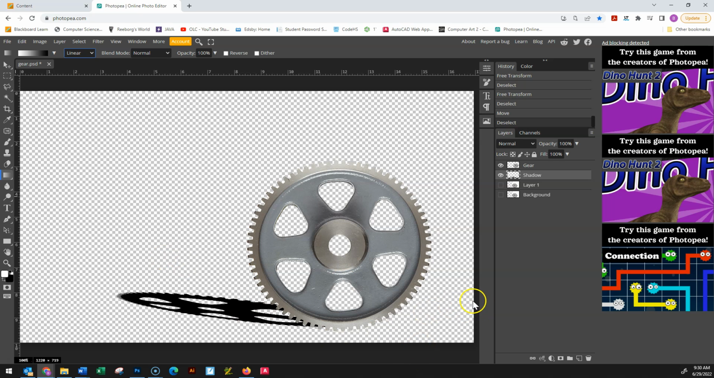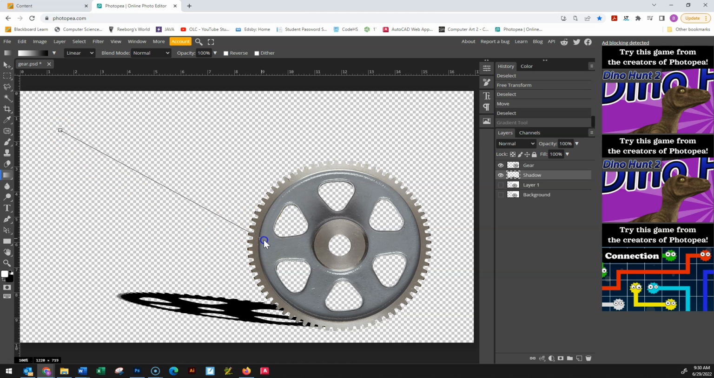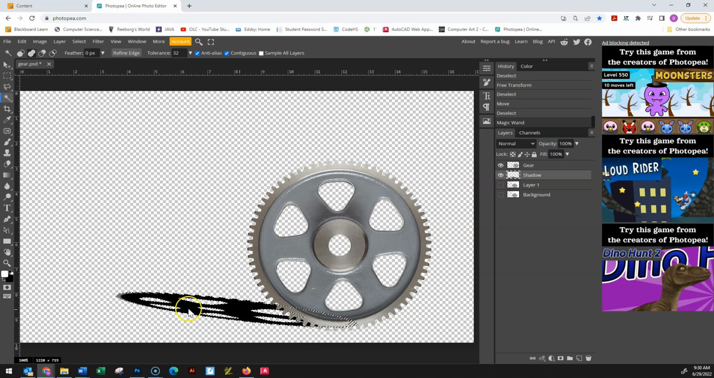Otherwise, we're going to have something like this going on in our entire image, and we clearly don't want that. I guess we got to go this way instead. Okay, we don't want that. We just want the shadow area to be affected. So let's just grab our magic wand, and this is all black, so it should be very easy to grab, and it was. And now that it's all grabbed, not including the holes in the gear,